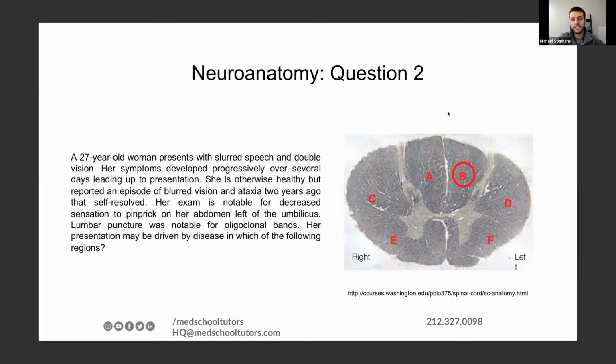Yeah, I think it is a little tricky. The main thing I would think about for pain and temperature, think about that spinothalamic tract. And I agree with you that it can be a little bit tricky. There's some overlap with the dorsal columns too. For your intents and purposes, I would think of the dorsal columns as more of your vibration and proprioception. And I'll have to go back when I was making these slides, it might've been a little bit of a typo on my end as well. But I would think about E more than anything in this case for your spinothalamic tract serving that pain and